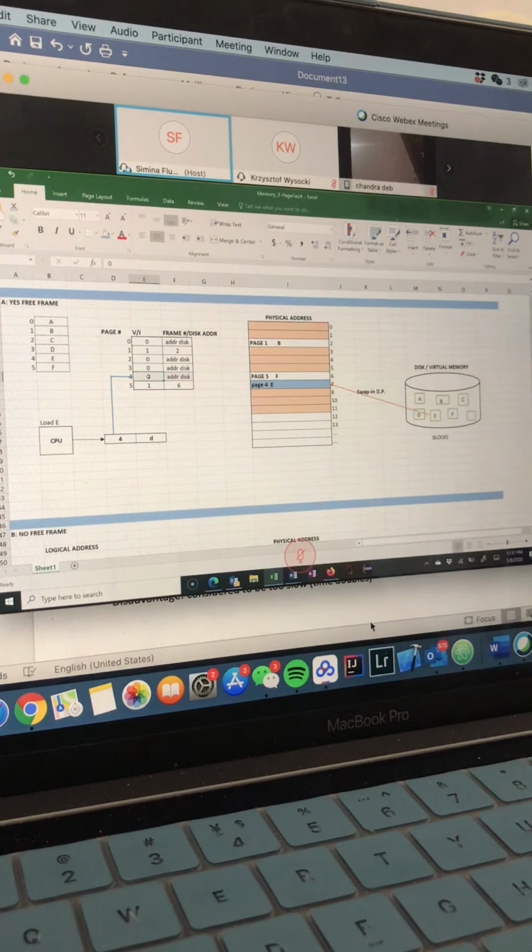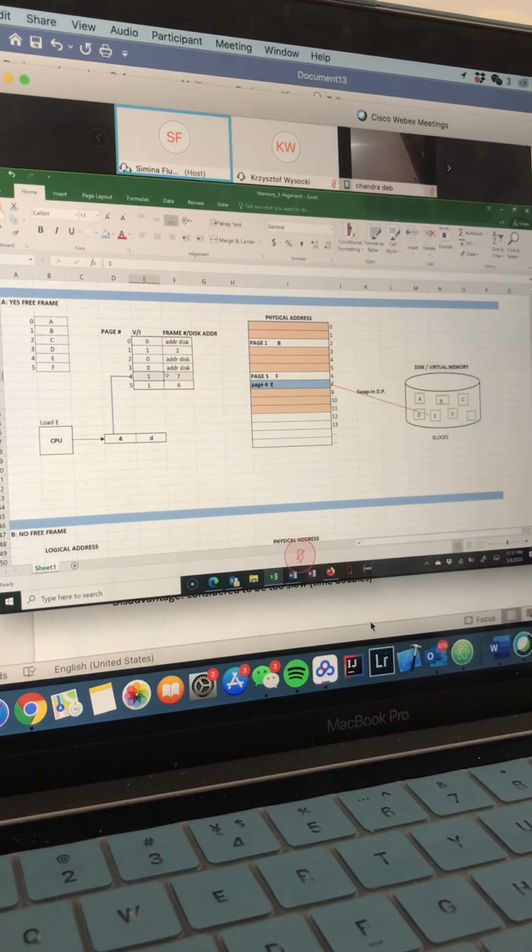So right here we're gonna have 1. And then instead of the address on the disk, we're gonna have the frame number. So this address on the disk is where the operating system can find the demanded page in the secondary memory in case that is not yet in the main memory. But in our case, instead of the address on the disk, we're gonna have frame 7.